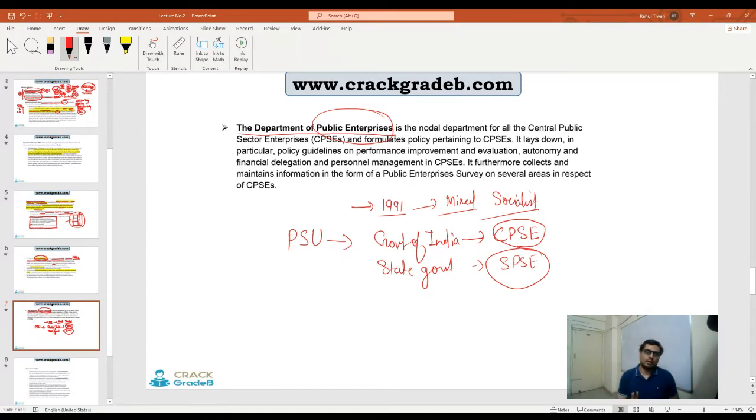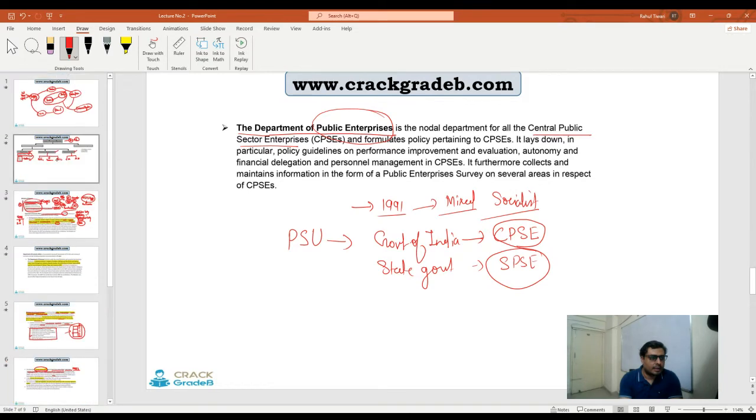So there are two kinds of public sector enterprises. One is owned by the government of India, and another is owned by state government, right? But here, because our exam and the syllabus are completely focused on the central government, and we are discussing the central government, we are focused on this thing also. So Central Public Sector Enterprises come under the purview of the Department of Public Enterprises. One more department was there, and that was